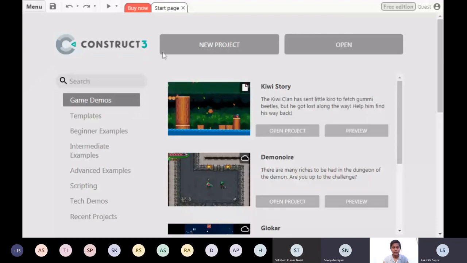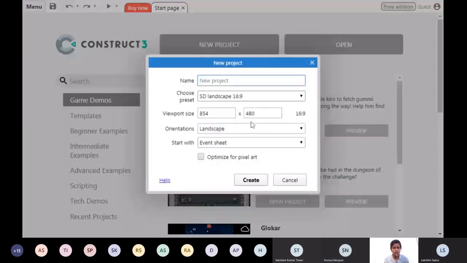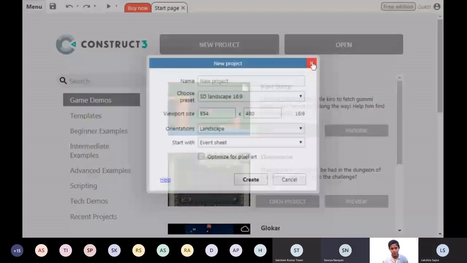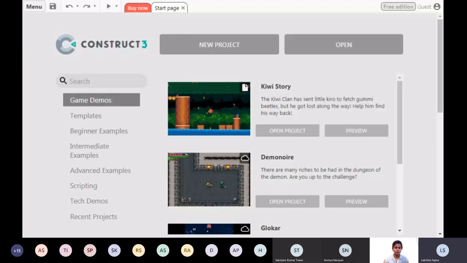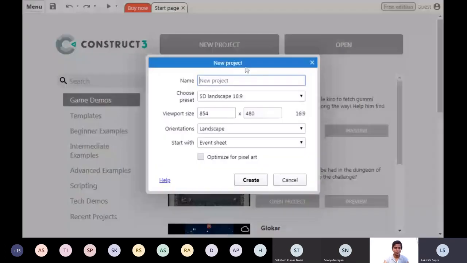Ma'am, is this visible? Yes, Lakshita, it is visible, but just one minute, Lakshita. I want you to wait. I am answering Surya's queries. Yes, Surya. Sure. Okay, is that fine? Yes, ma'am. Brilliant. Okay, Lakshita, back to you. Yes, ma'am. Sorry, ma'am, I got disconnected due to some issues.